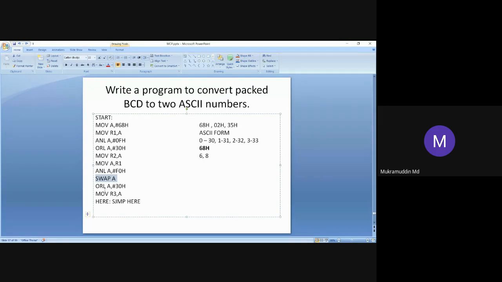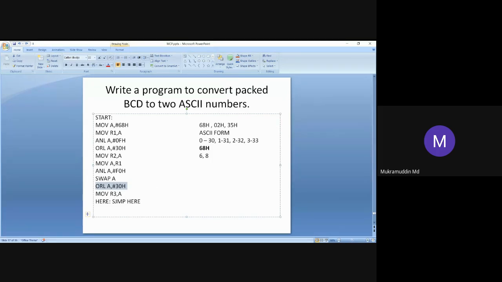So by using this instruction, what will happen? Both get added. 06 and 30 get added. So the answer will be 36. 36 is the second ASCII number.